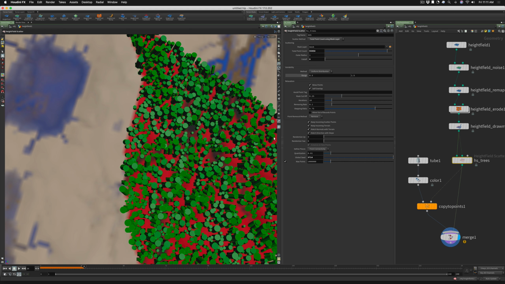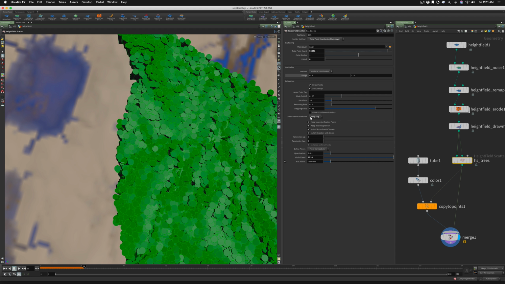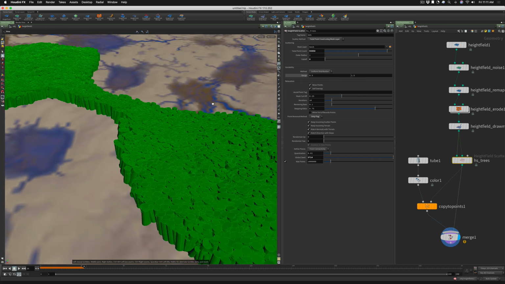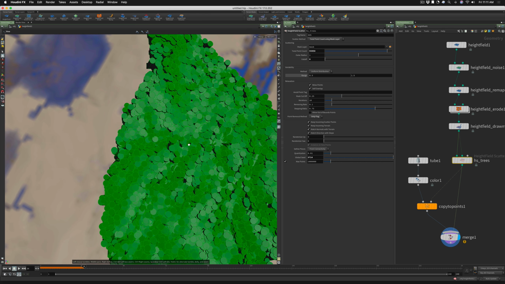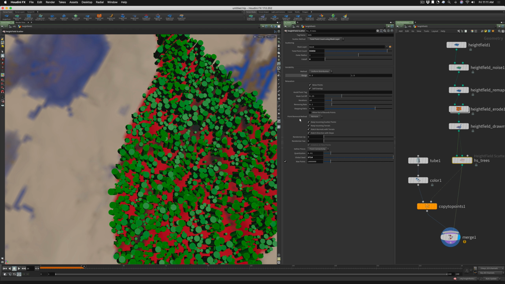So you could do one of two things here. You'll see there's a point removal method here. And the point removal method, you could either say remove or only flag. And you see when I change this to only flag, I get all those original points back. And they're all intersecting. But maybe you need those points for some other purpose. So how does that work? Well, let's go first to remove here. And I'm going to open up the geometry spreadsheet. So if I go here and spreadsheet,